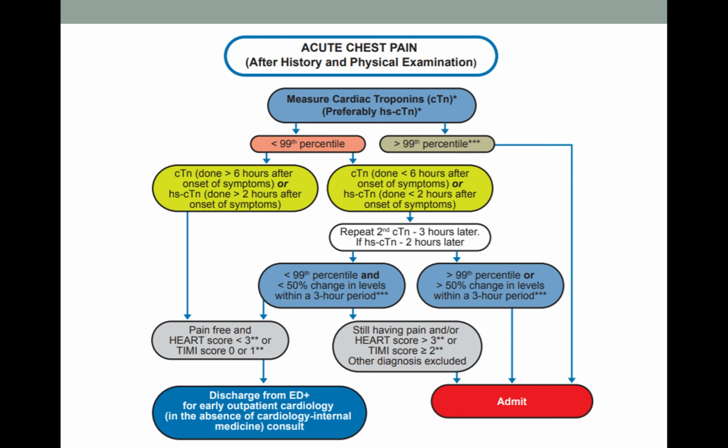They also included a few risk scores, which I won't be covering, but just for your information, there's something called the HEART score, which is used to rule out ACS, whether the patient can be discharged directly from ED or requires admission. They will use a risk score, coupled with your troponin as well as the clinical history, to judge whether the patient is fit for discharge or requires admission.